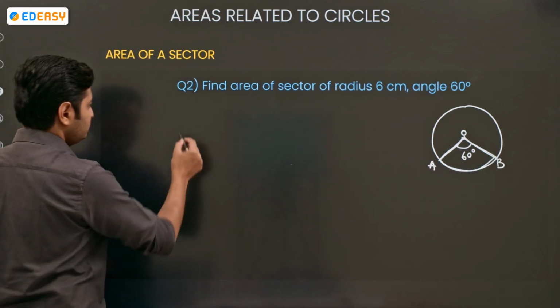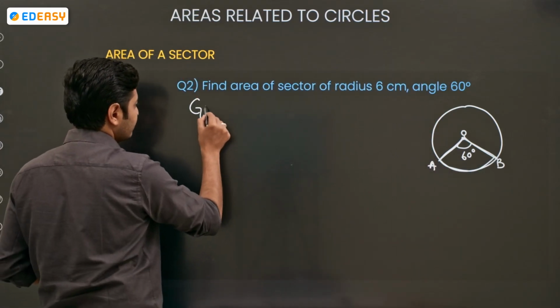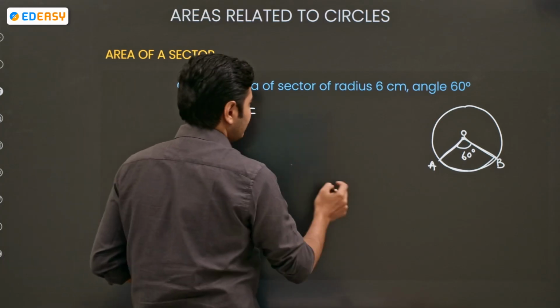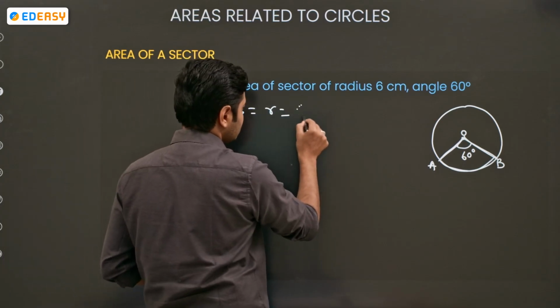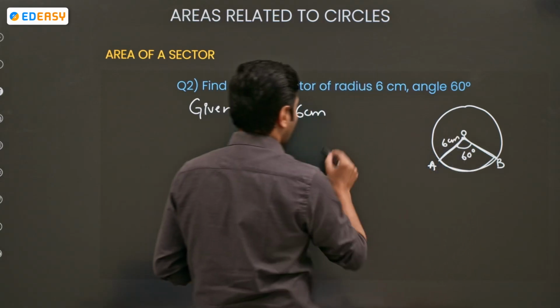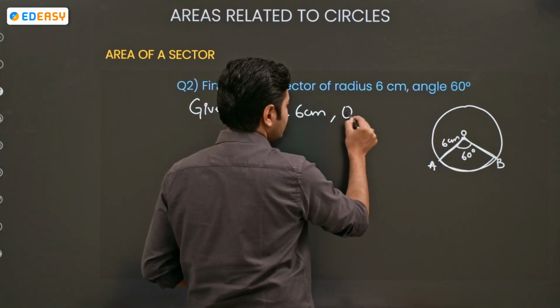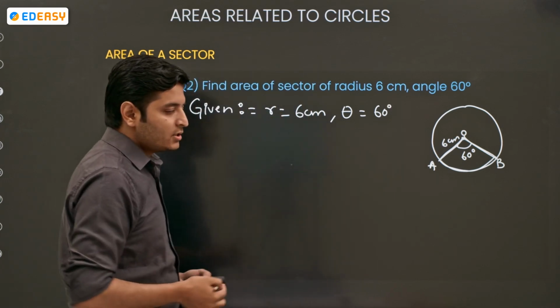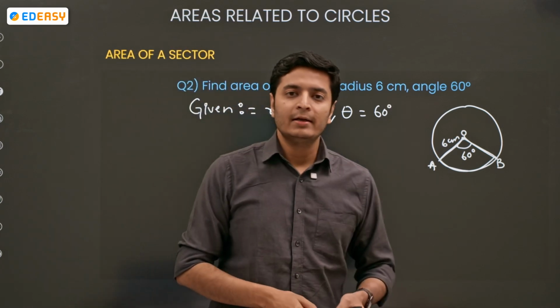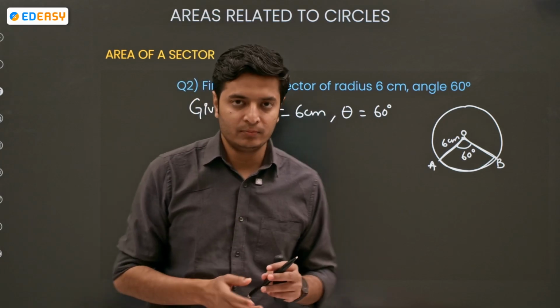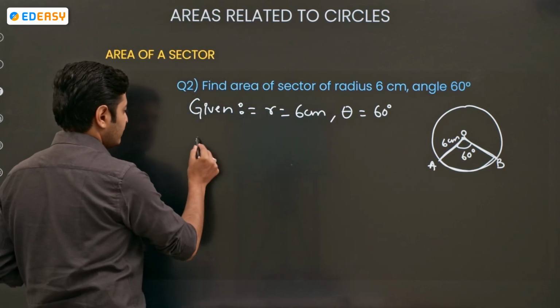How? Again, given. You will write the given part. Given part is r is equals to 6 centimeter. So you can write this here also. Comma, theta is 60 degrees. Now, it is not mentioned that we should be taking value of pi as 22 by 7 or 3.14. So you can go with any value. Okay. So, therefore,